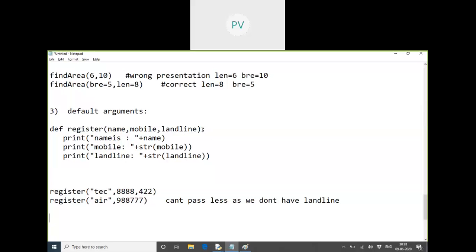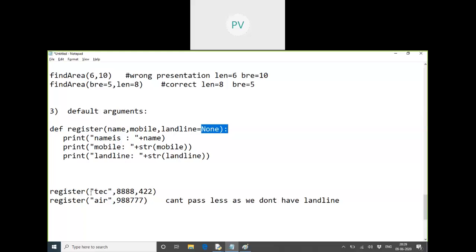So for that, what it should do is, I can give any value. I'm just giving none here. Okay, none as a keyword. Keyword is none. This is like void, no data type. So in the definition itself, name I didn't supply a value, mobile I did not supply a value, but landline already gave a value. What is the value I gave? None. That means if somebody does not supply a value, it will automatically take which value? Default value is none. Default.